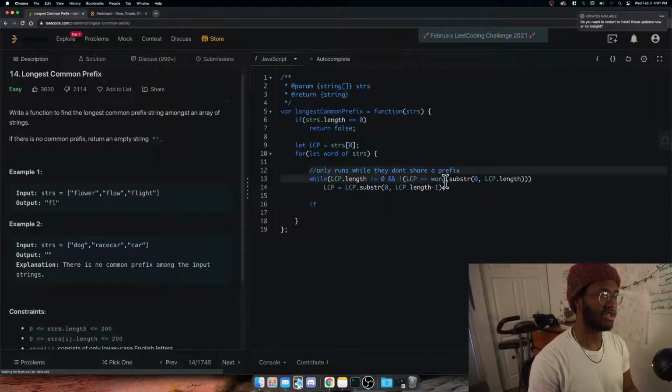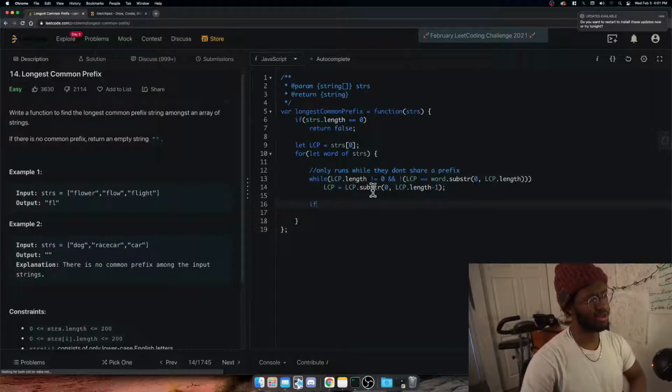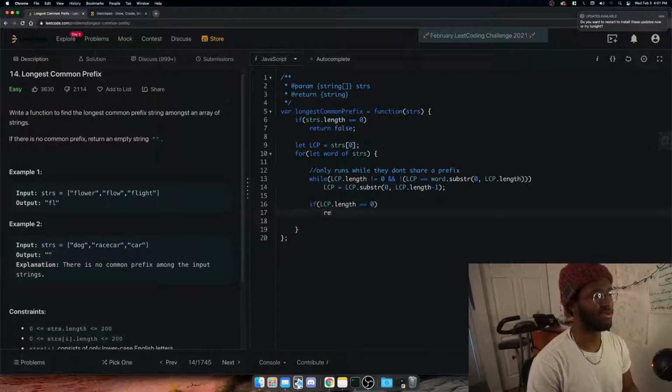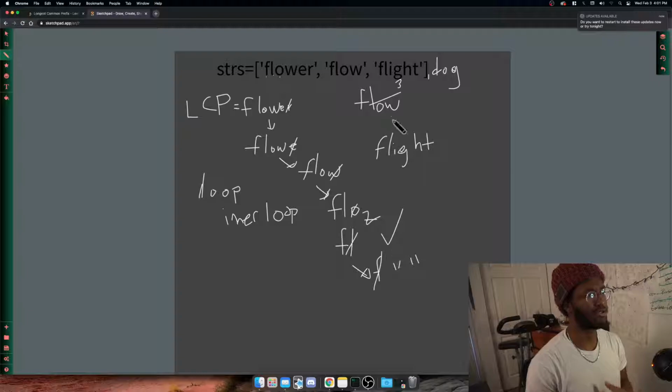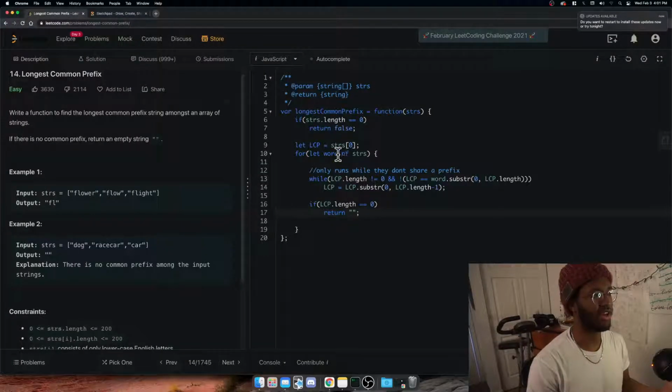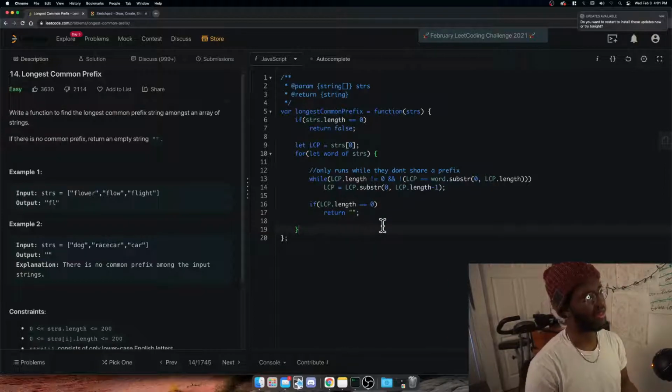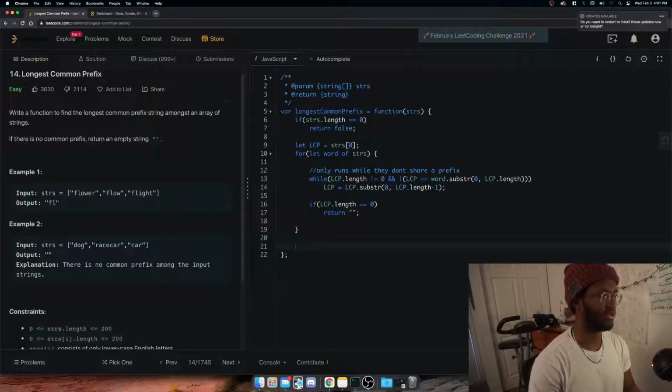And this loop is going to run until they share a common prefix. If LCP gets out here and its length is equal to 0, what does that mean? It means that the current LCP that we're at, like we said we had dog, once we had FL and we were working with dog, it just completely ran out, FL became empty, because they just don't share a common prefix, so we're going to just return an empty string. And then once we get out here, we can just return LCP. And if we run this,